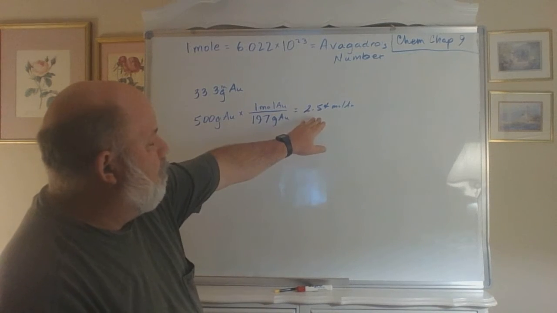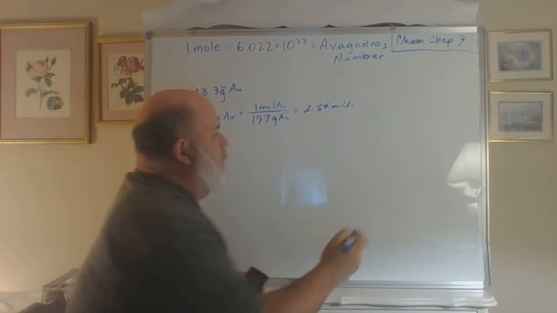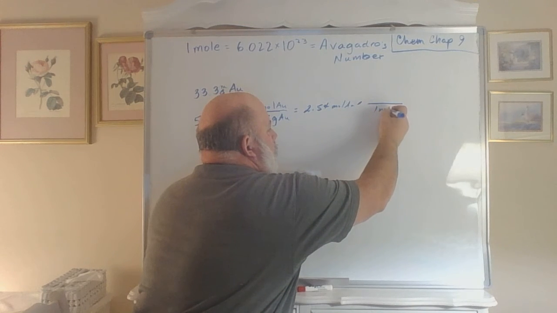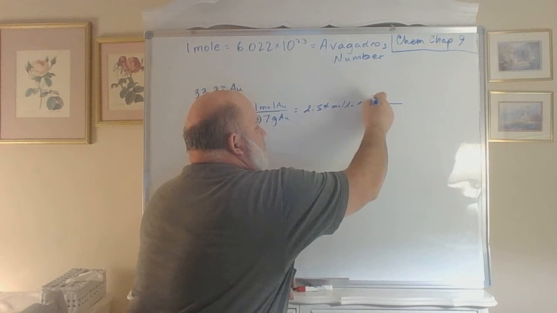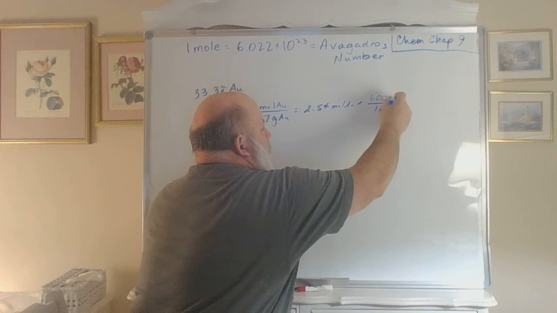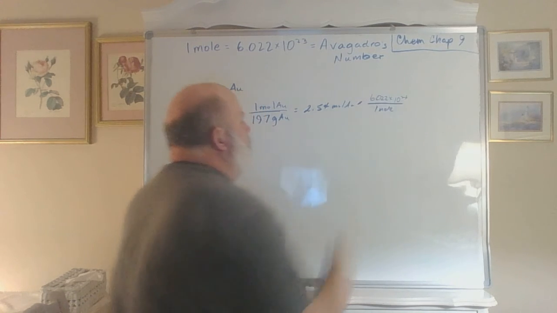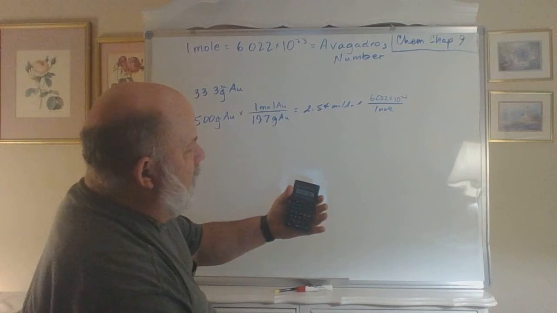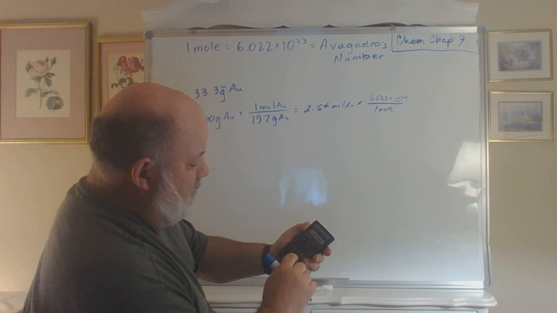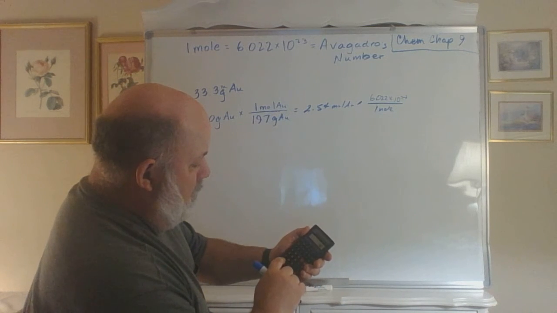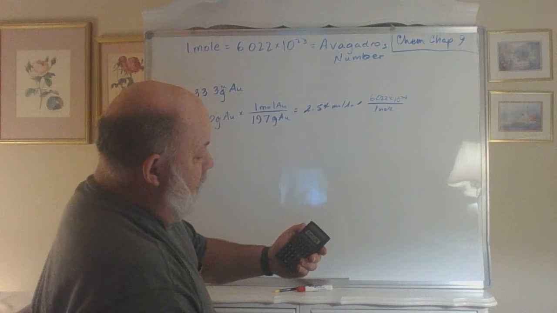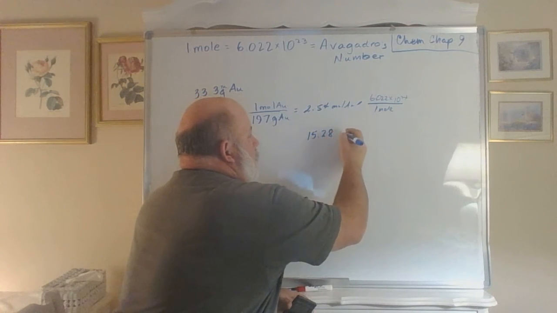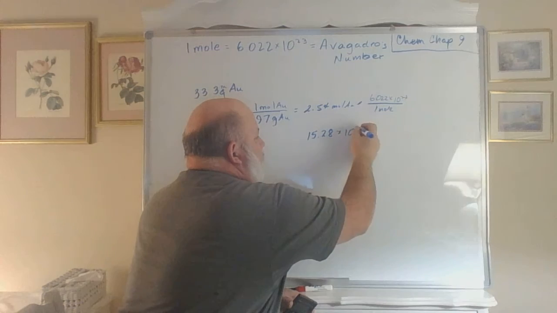Now, the question says, how many atoms do you have? Well, I've got 2.54 moles. How do I change that into atoms? Well, I know that 1 mole is equal to 6.022 times 10 to the 23rd. So I've got this 2.538, blah, blah, blah, in my calculator. I'm going to multiply it by 6.022. That'll give me 15.28 times 10 to the 23rd